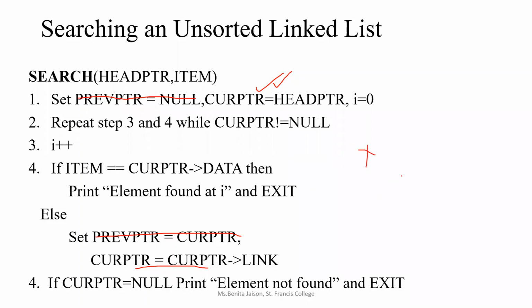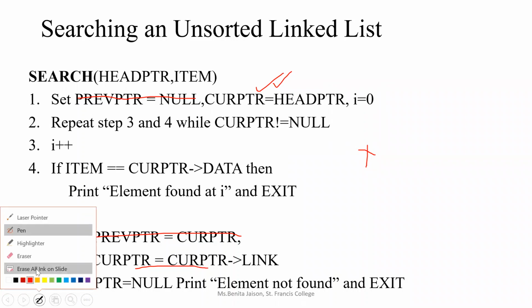deleting a node or inserting a node which may be connecting to linked list nodes. We can do with a single pointer. 2 pointers are required only if there is connection or deletion of a node in between. While inserting and deleting between the linked list nodes, we need 2 pointers. Got it? So in case you want to write searching and the last one, displaying, that is the traversal algorithm, with only 1 pointer also you can do. Just strike out the previous pointer initialization and this step of previous pointer equal to current pointer.